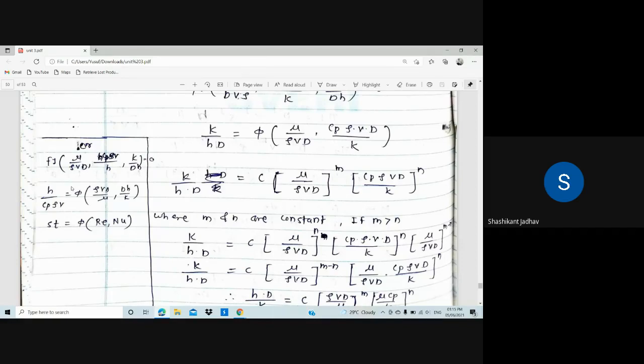So in dimensional analysis there is a possibility that we can take the powers of the numerator and denominator. We can multiply and divide by numerator and denominator, and change the numerator by the denominator. In that way there is no change in dimension. So we have to take the powers in the form of raised to m and raised to n. Okay, so all of you write down the equation.